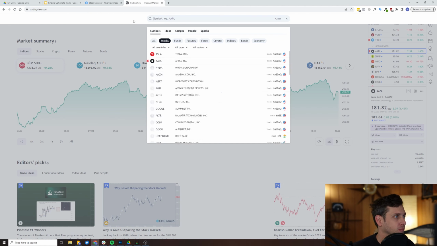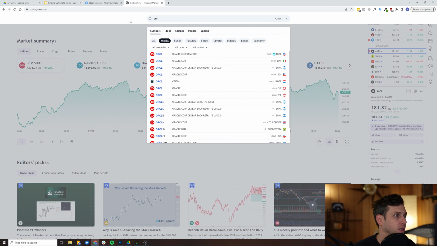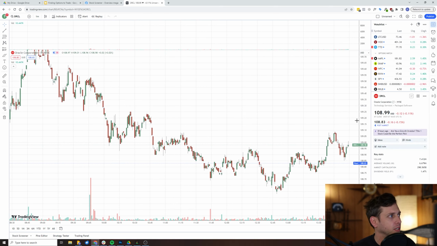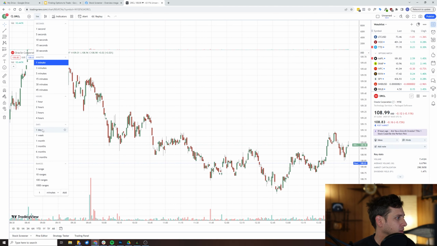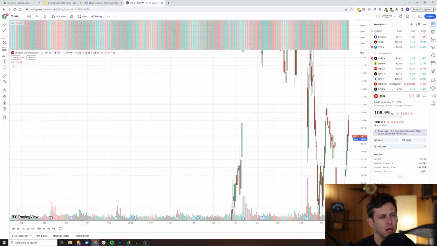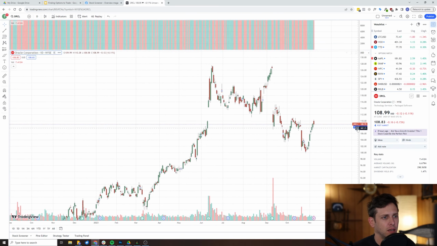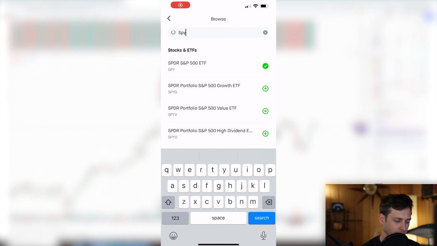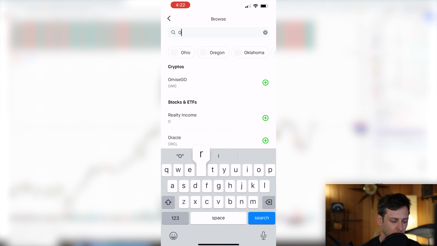ORCL. Let's take a look at this one. I'm just pulling this up to look at the chart here. I want to look at the daily, looking out by day. Okay. And then here, I'm going to pull this up on my phone that I'll put on the screen too. I'm going to look at the option chain on Robinhood. Okay. So let's go ORCL,